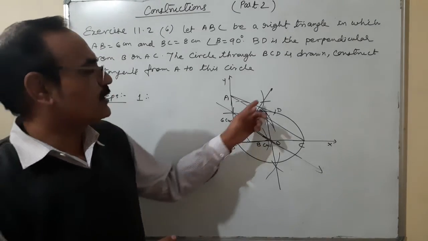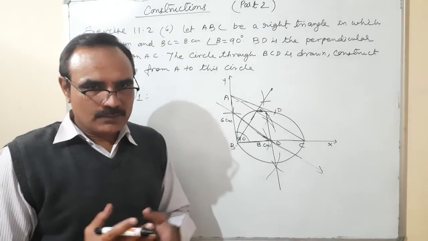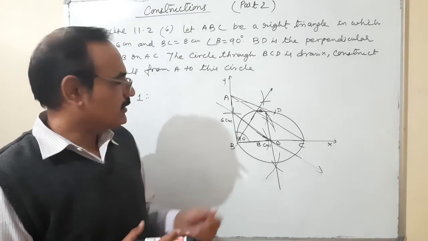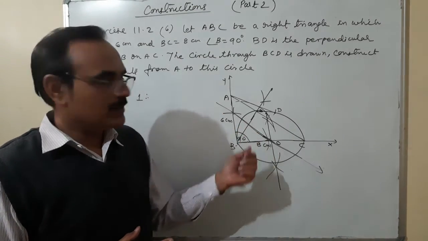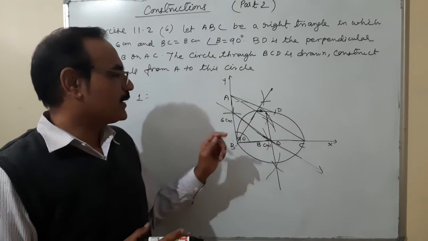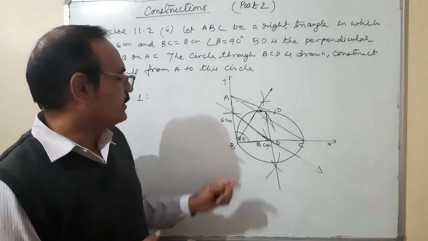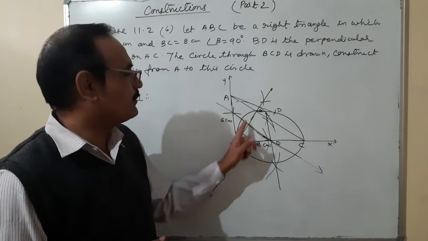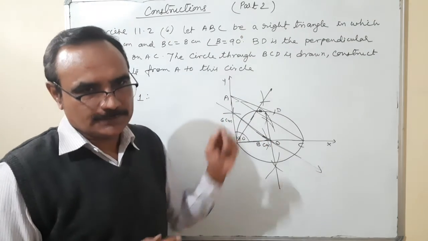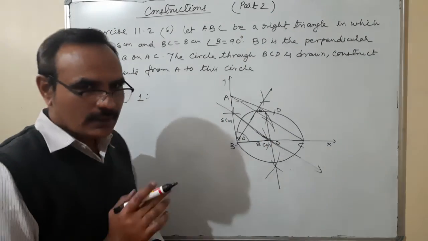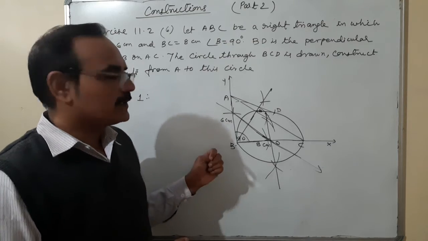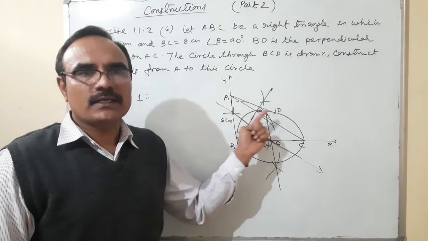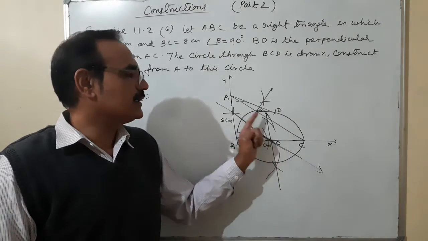Okay, number 1. Second, we are going to draw the perpendicular. The working procedure is not necessary to write, which we have already done in the previous classes. So we are going to draw a perpendicular. For that, we'll write simply draw perpendicular through point B on AC. So draw BD perpendicular on AC. Third one is, after that, now we are going to draw a circumcircle of triangle BCD.